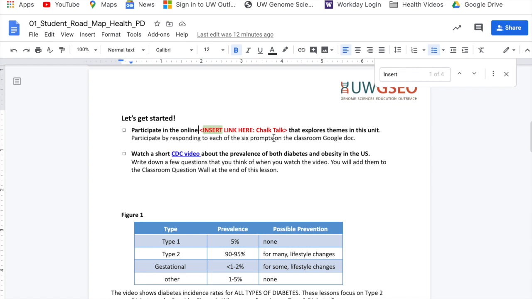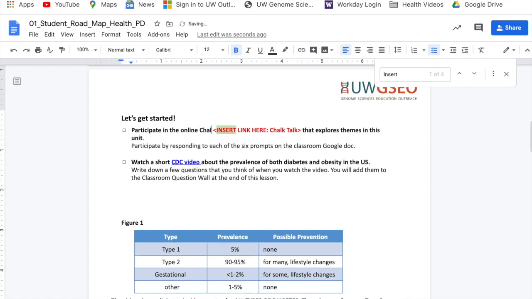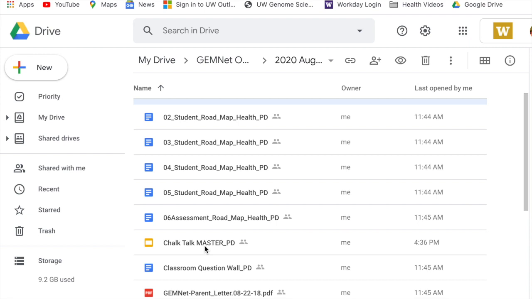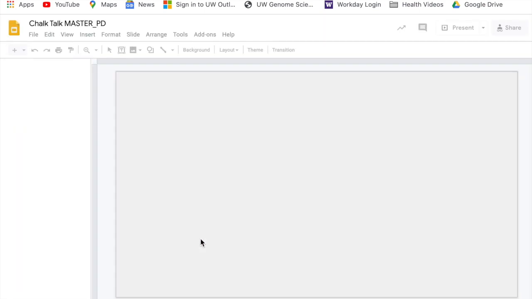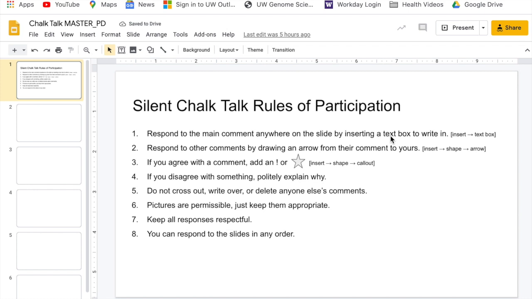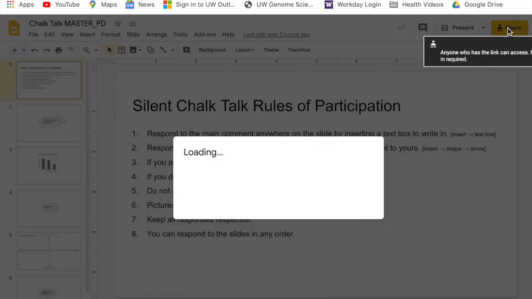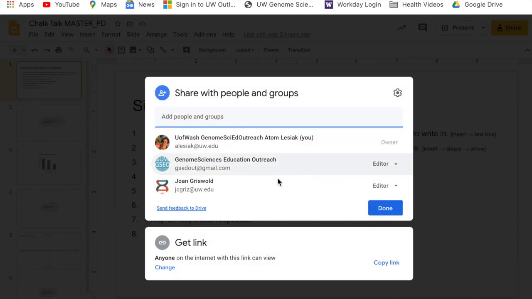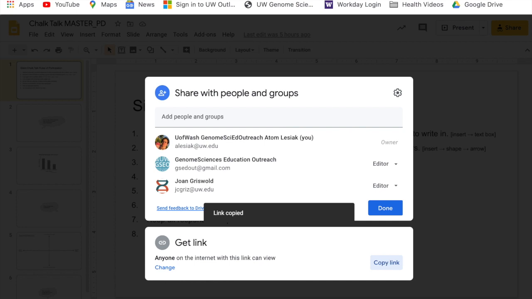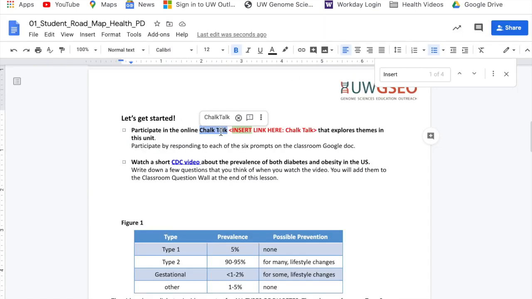And so in this case, we're asking you to insert the link to the Chalk Talk. So what we will do here is we will write down Chalk Talk. We will select Chalk Talk, and then go into the folder here. And we're going to open up the Chalk Talk. And so in this case, then, we want to share this document. It takes a moment to load. And then what we want to do is to make sure that anyone on the internet with this link can view this link. All right, so we're going to copy that link,